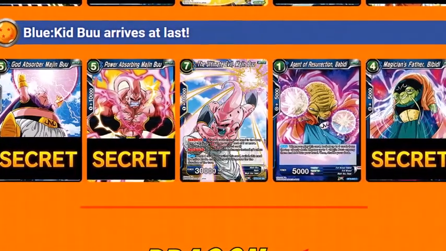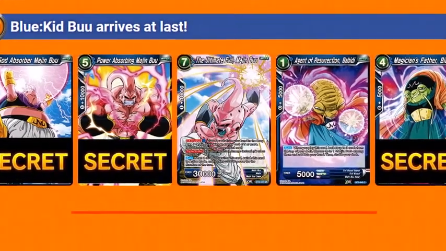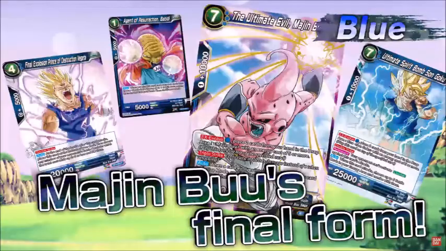Alright, so now we're getting into my new favorite color archetype, and this is the new Blue Boo. The first card we're going to focus on is obviously the Kid Boo. Everybody was wondering why there was no Kid Boo when we got the Majin Buu support in Series 2. Well, here it is. 7 drop, the ultimate evil Majin Buu. He's got that EX Evolve, so for 1 blue, place 2 cards from your hand in the drop area, evolve him on a Majin Buu with 5 or more energy. He's got Triple Strike, and his auto is...